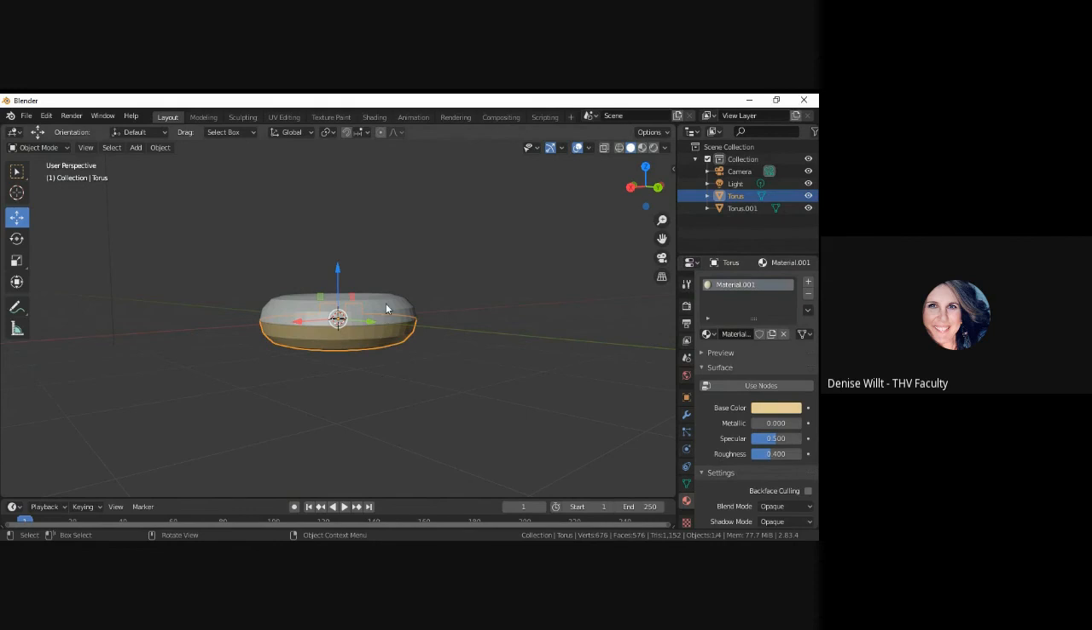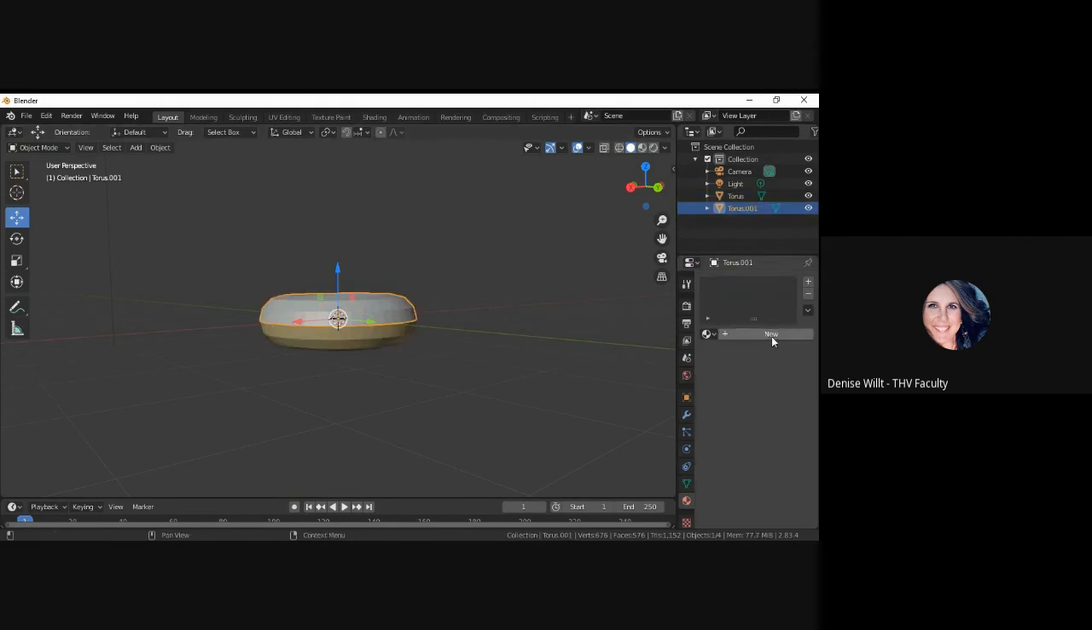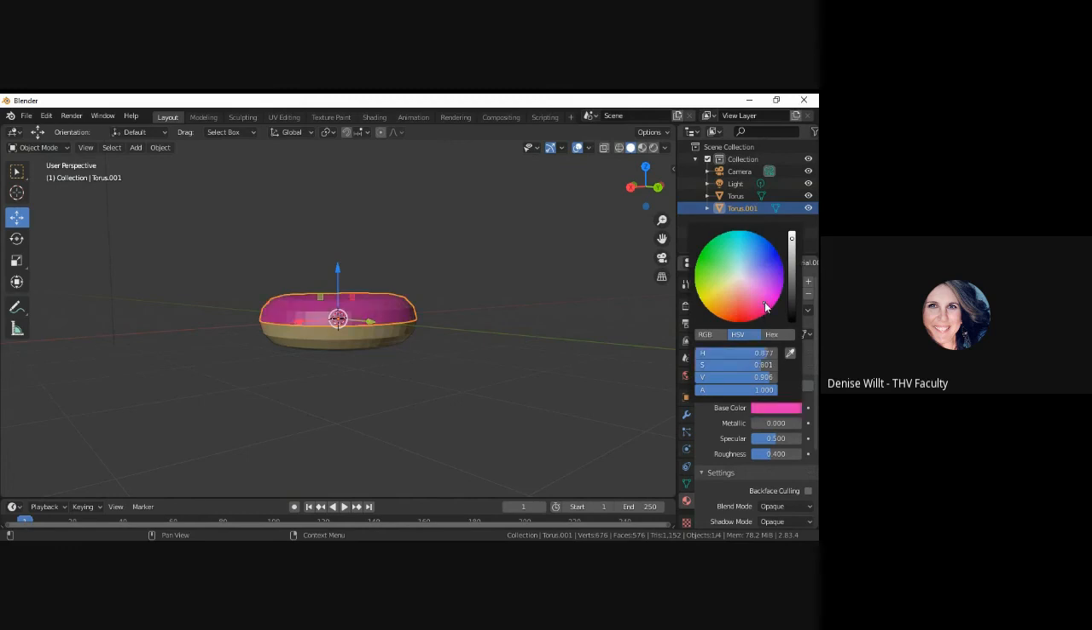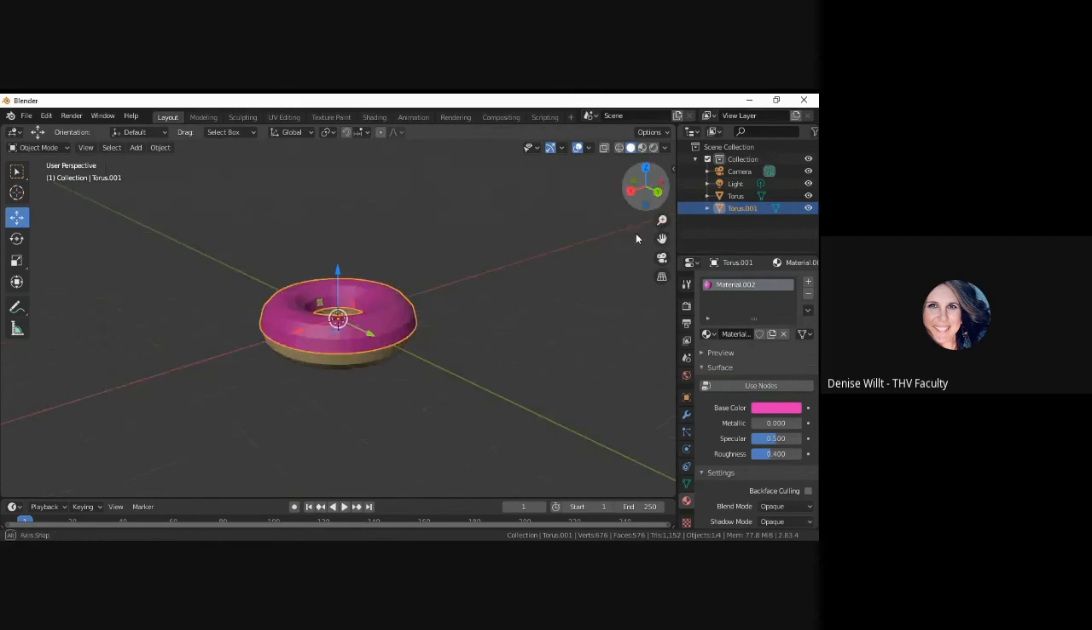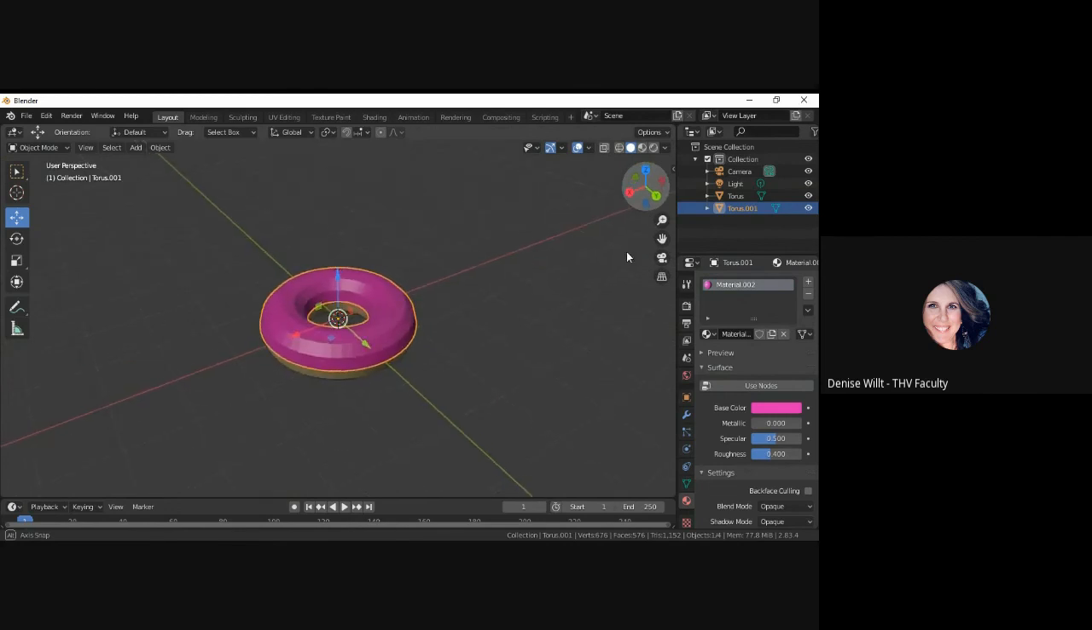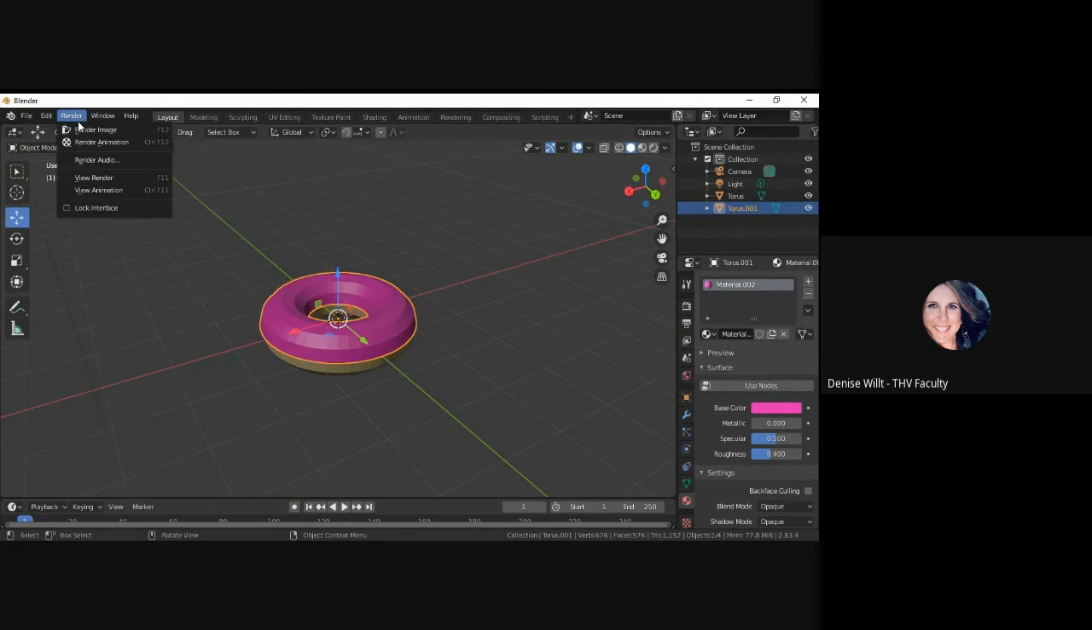Now I'm going to select the top of my donut. I'm going to click new, and I again click use nodes. I don't want to see all of those different options. I'm going to click on base color again, and I'm going to make a pinky purple donut. So now if I go to my X and Y and Z, I should rotate it. I have top of the donut, one color, bottom of the donut, another color. Yay! And now if I render my image,